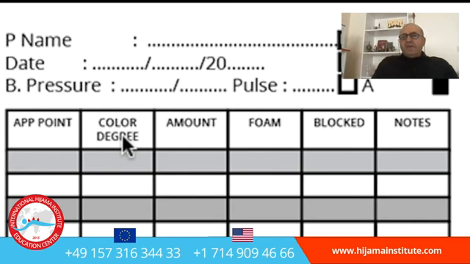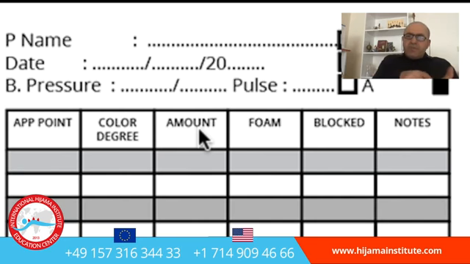Now we came to the most important part of the medical history form. It says foam and blocked area. For me, this area is the most important. Until the end of the whole class, I don't know how many recordings we're going to do, maybe I'm planning 35 or 40 videos. I'm going to repeat this at least 10 times. I'm going to say it the first time now: